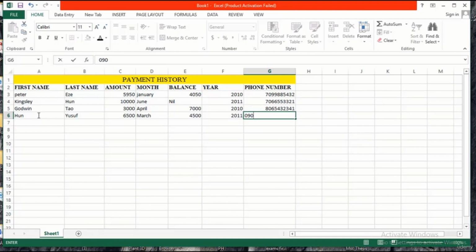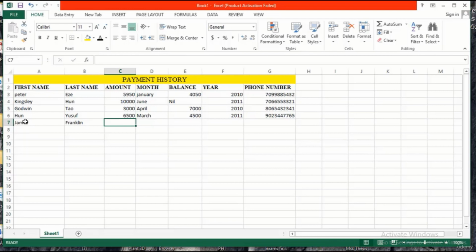And then year of payment, let's say 2011. Phone number 0903234477765. Okay, let's say the next person's first name is James, and last name Franklin. Okay, amount paid by him, let's say 8,006, and then